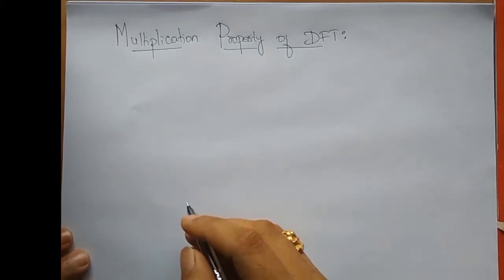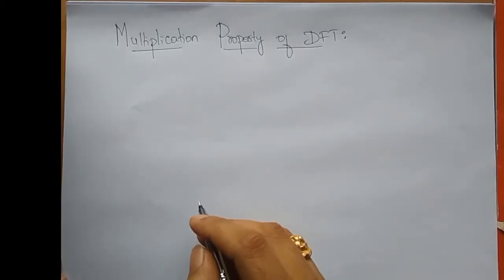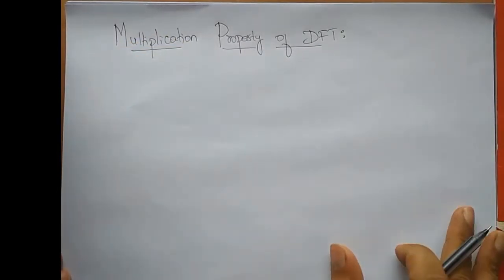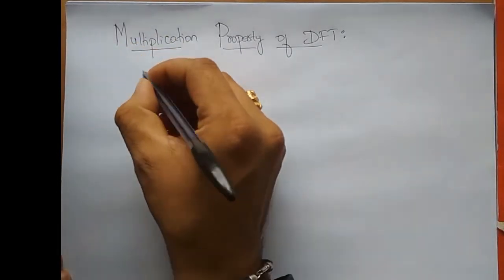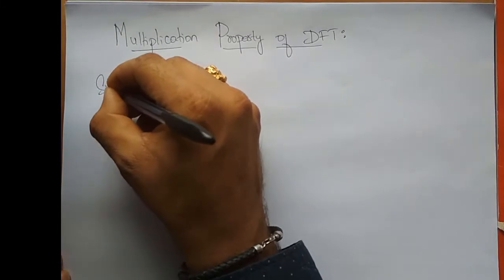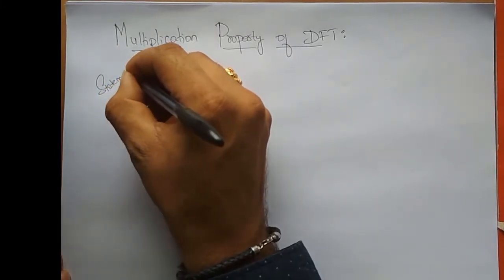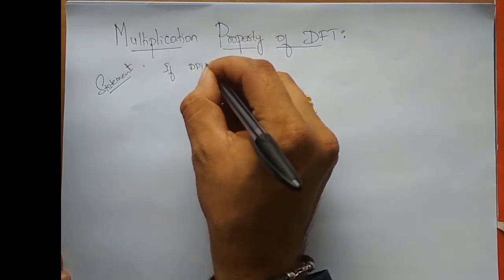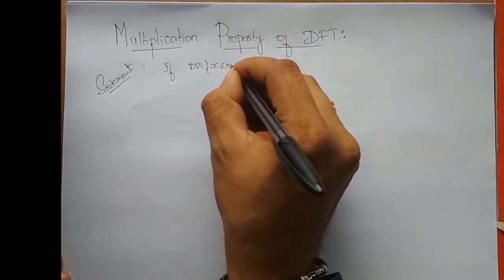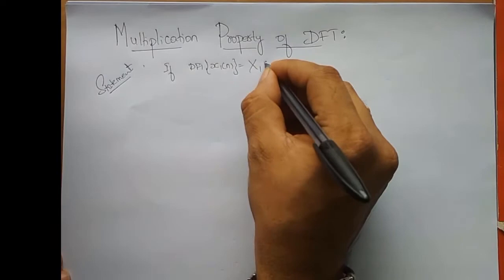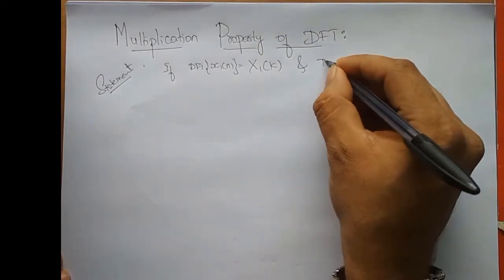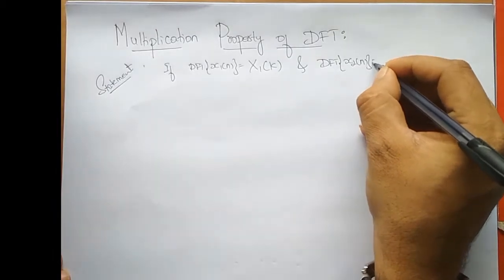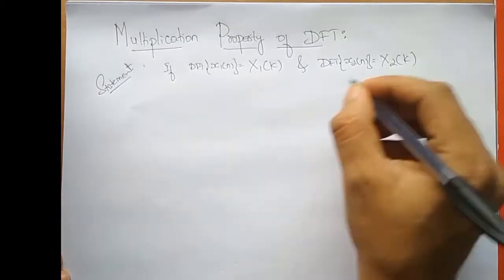Hey guys, in this lecture we are going to prove the multiplication property of DFT. The statement of the multiplication property of DFT says that if DFT of x1 of n is equal to X1 of k and DFT of x2 of n is equal to X2 of k, then